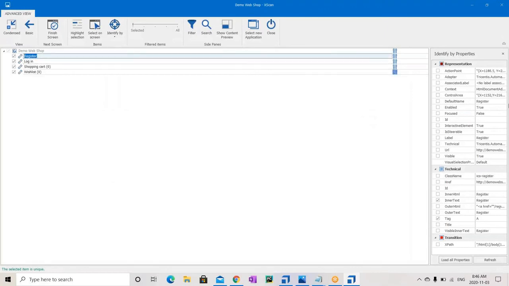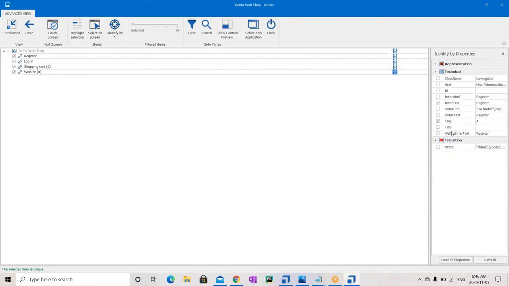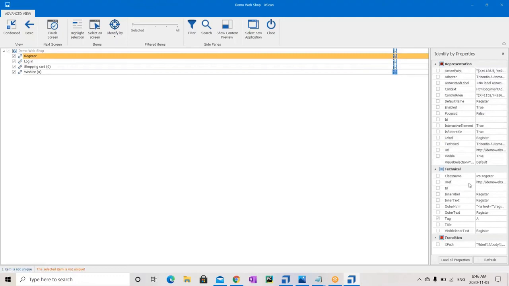You see register, these are the representational properties, technical properties. Most of the time we will be looking at technical properties only. Right? So I can see it has an inner text of register. See, suppose I am not selecting inner text, then the selected item is not unique because it has only one property selected, which is nothing but tag A. Tag A is for hyperlinks.